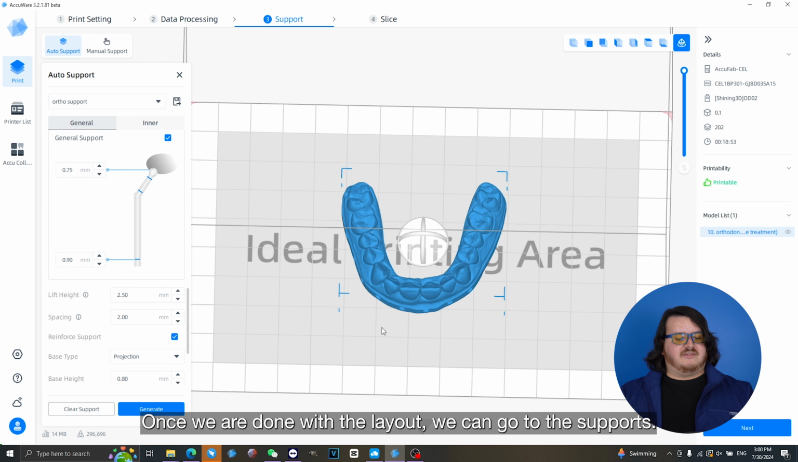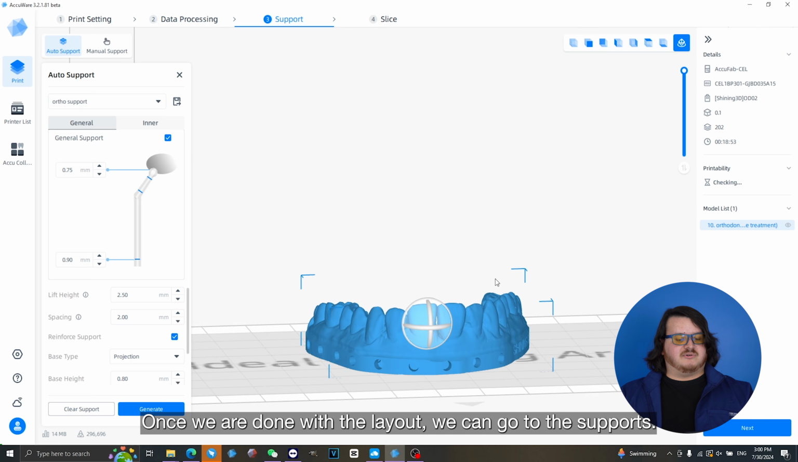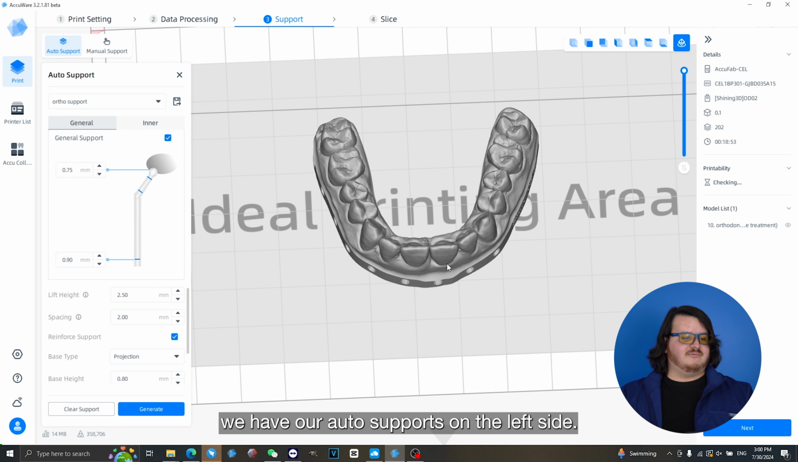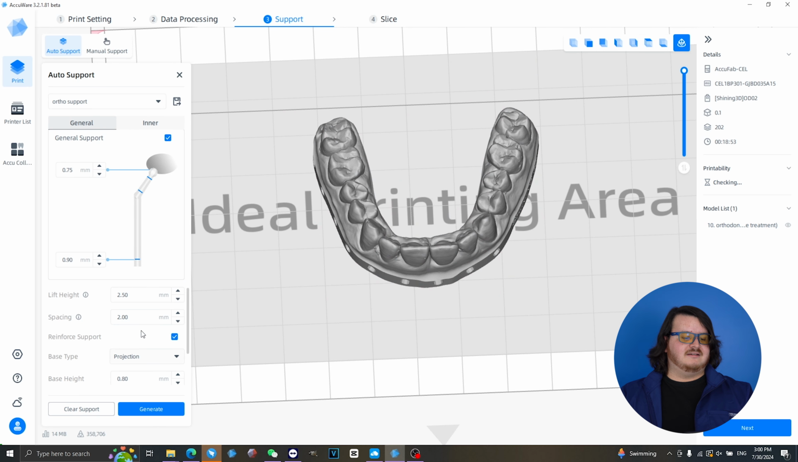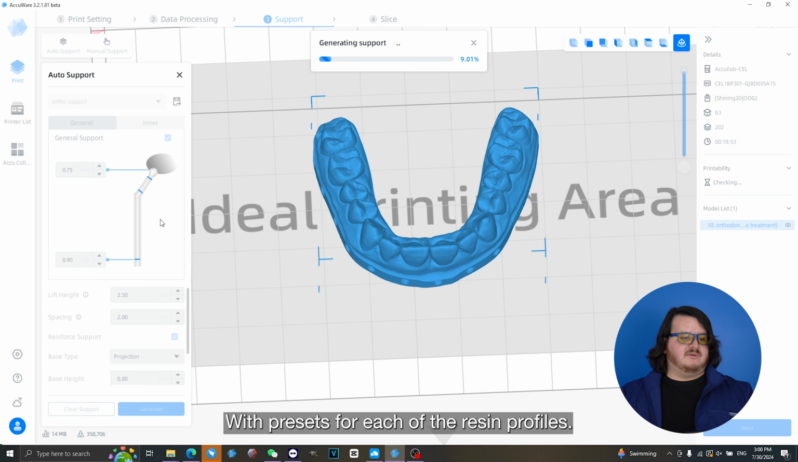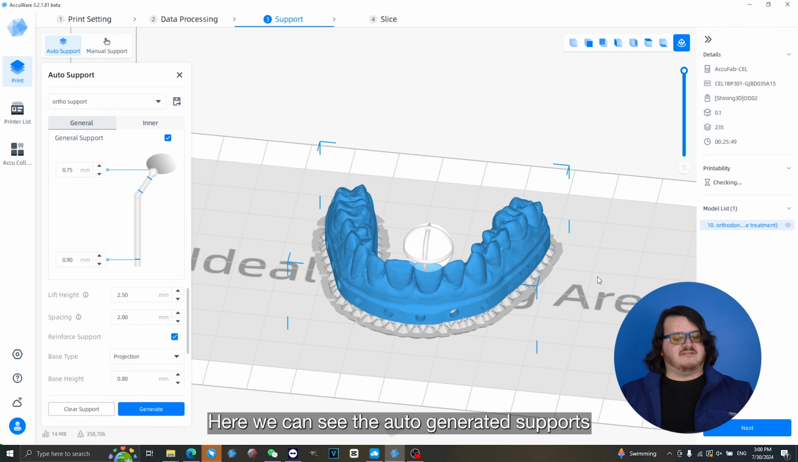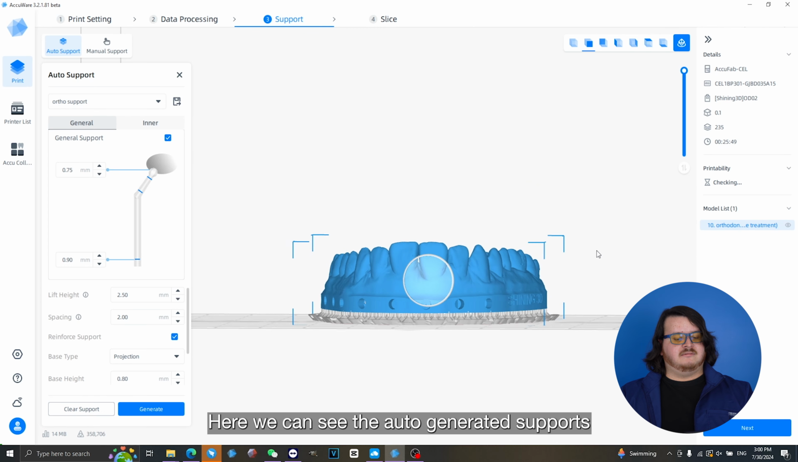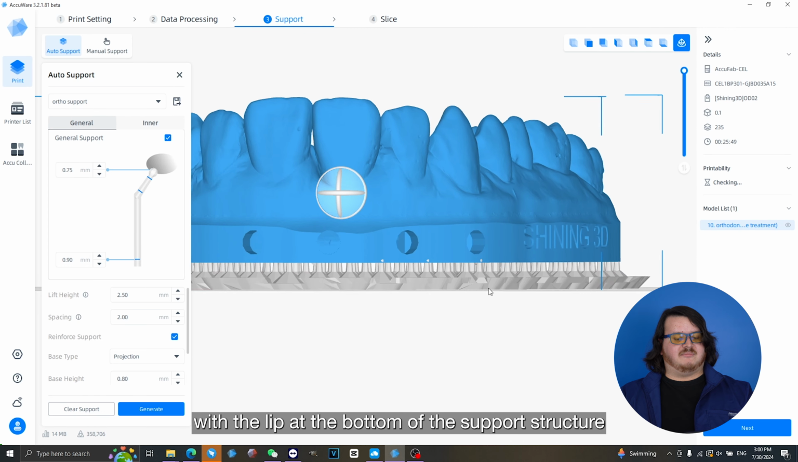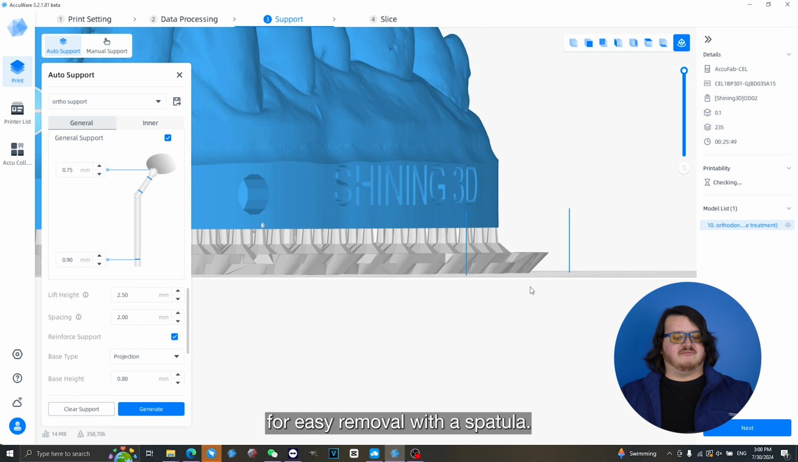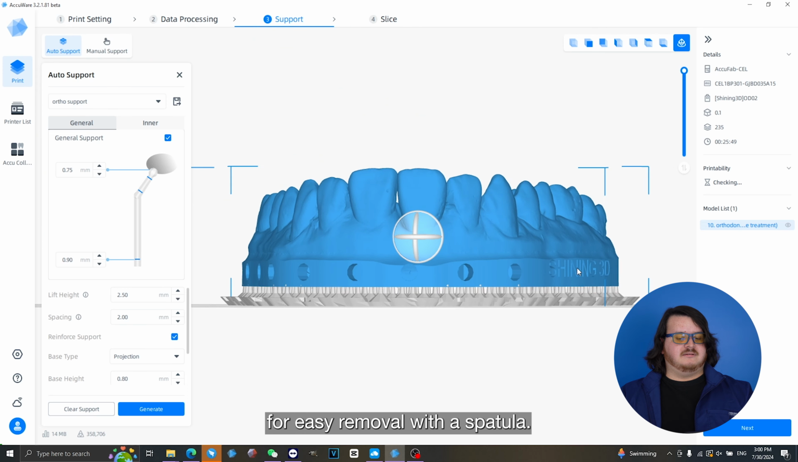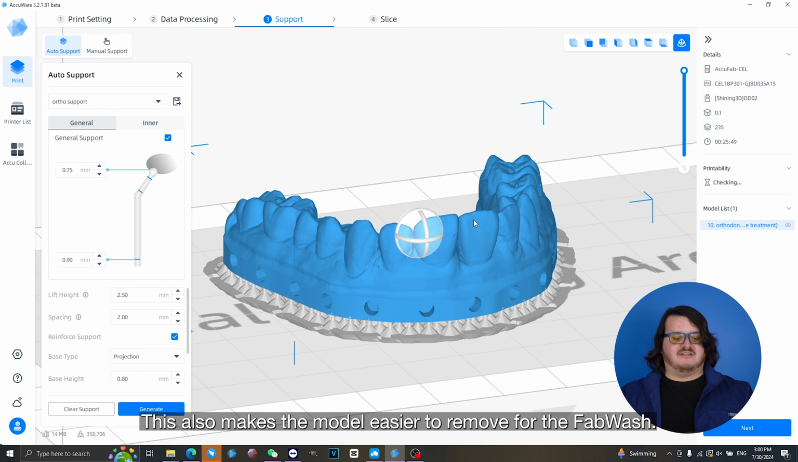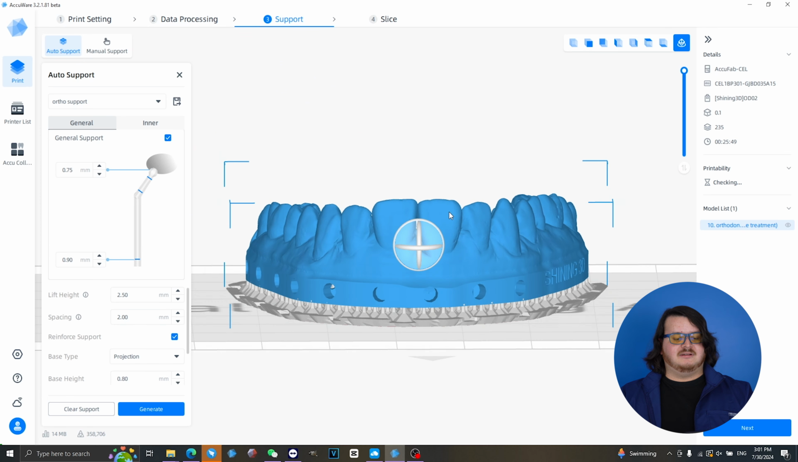Once we're done with the layout, we can go to the supports. If your model needs supports, we have our auto supports on the left side, with presets for each of the resin profiles. Here we can see the auto-generated supports, with the lip at the bottom of the support structure for easy removal with a spatula. This also makes the model easier to remove for the fab wash, so it's good to keep